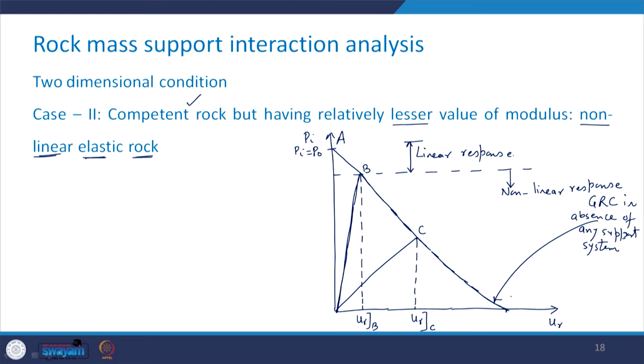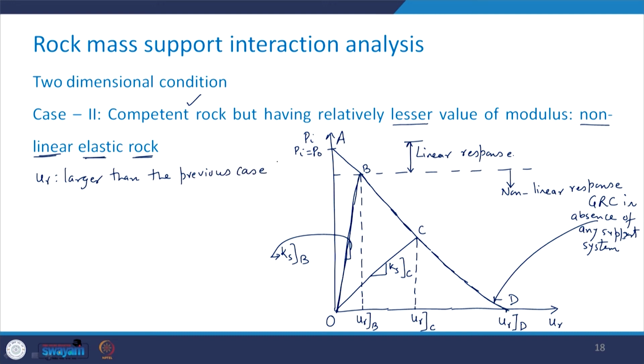This point is say D, where you have the deformation as Ur at D. This is the point O. Now the stiffness of the support system in this case is going to be Ks at B, and here it is going to be Ks at C. In this case, Ur is larger than the previous case,